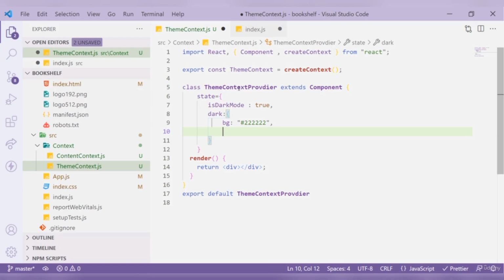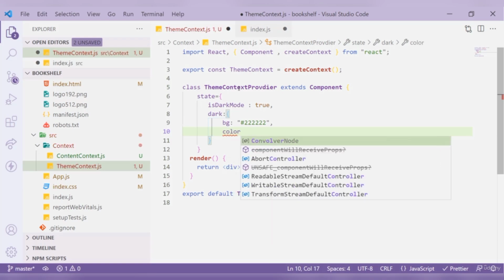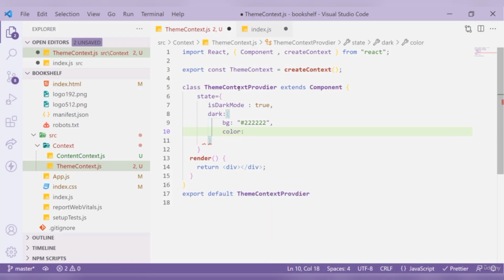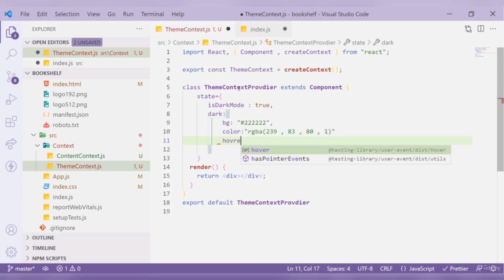Now after this background, we are going to have a color. So give it a color as well, and that is going to be equal to RGBA 239, 83, 80 and 1. All right, now after this, give this a hover,